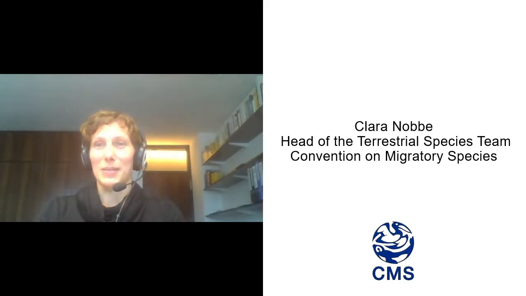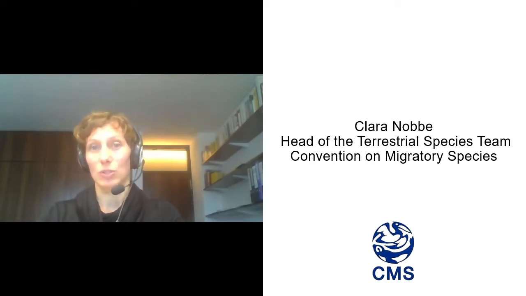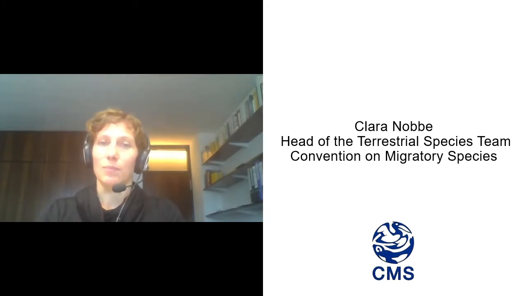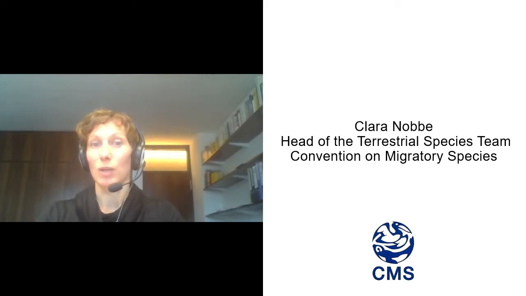Well, CMS has some very important roles to play, both at the global and national level. At the global level, CMS brings together the range states of those species that are listed on CMS. And it makes sure that those range states, which are parties to the convention, then take measures to conserve the species and their habitats. So like CITES, CMS is a species-based convention, and in fact, it is one of the